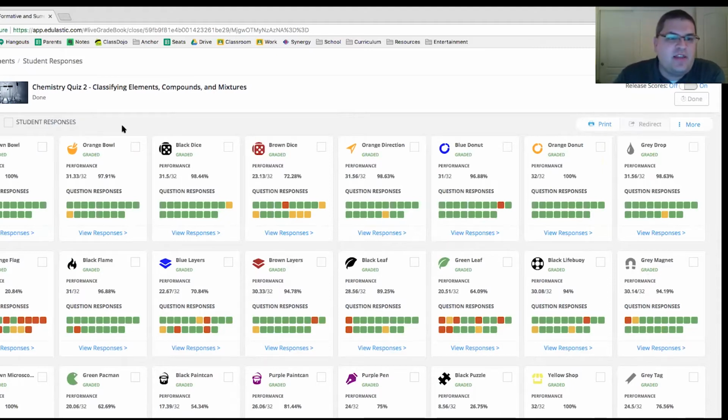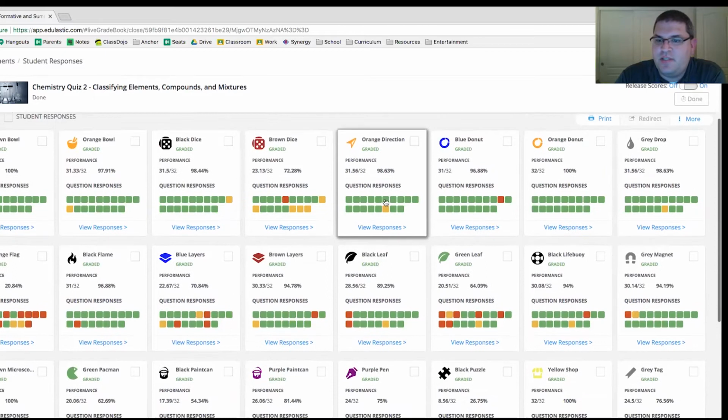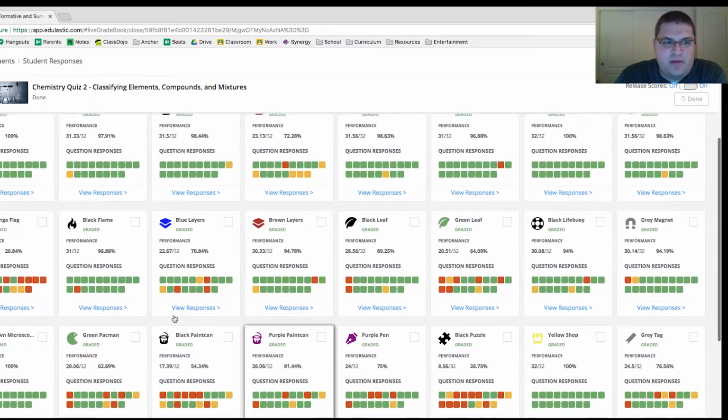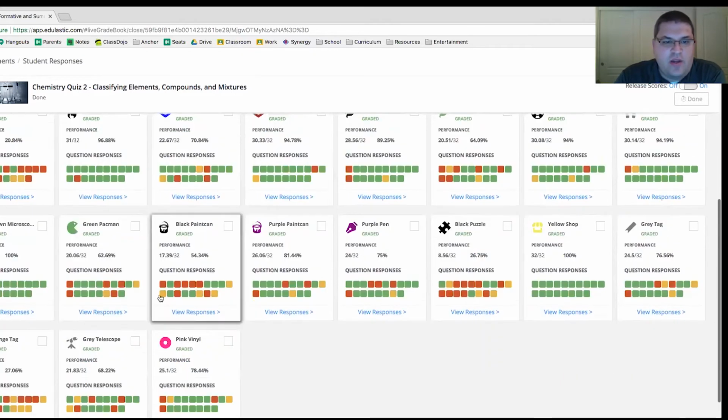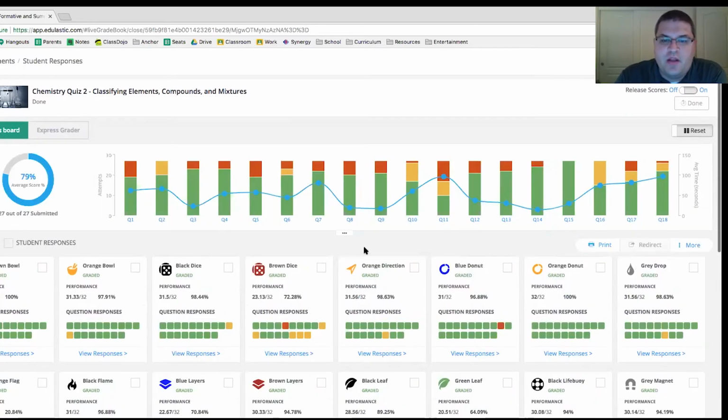So when I take a look at this, I've got several students in the 98%, 100% range. Got a few students here, Round Dice at 72%, 64% is a little bit of an alert. And then I've got a student right here at 20%, 6.67 out of 32. So I might go through and see, okay, I've got 5 or 6 or 7 or 8 kids that I might need to pull for small group instruction. Our district does standard-based grading, so they get an opportunity to reassess on a standard later on once I've remediated them a little bit. So this is one way to look at it,